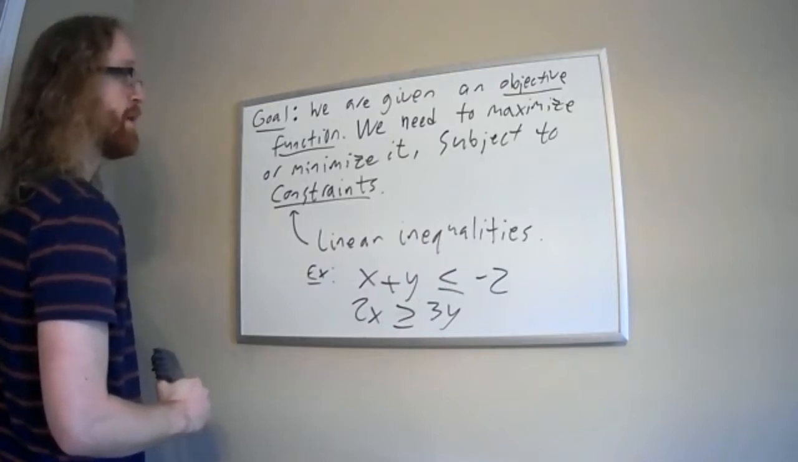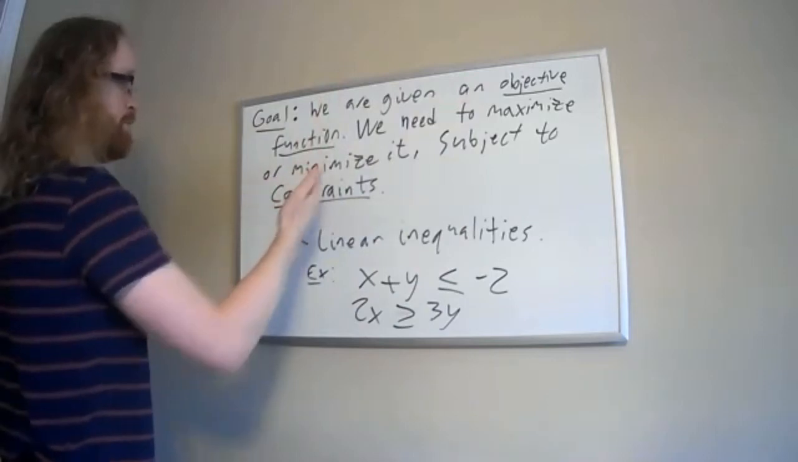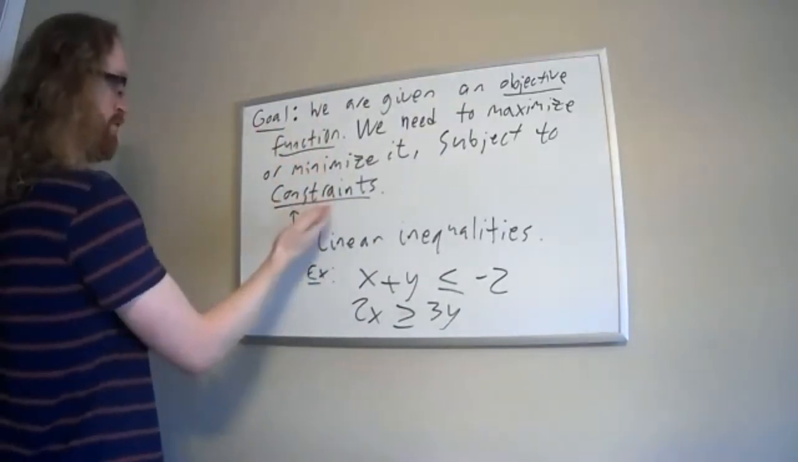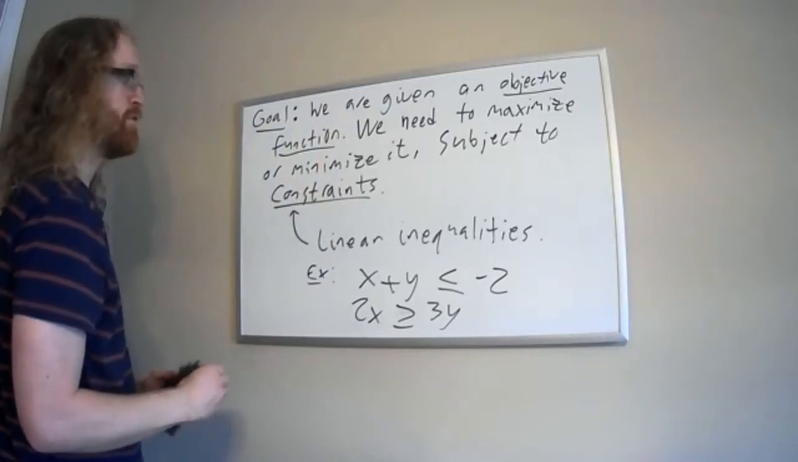So this is basically our goal here. I'm going to give you some objective function. I'm going to ask for either the maximum or the minimum, and it's going to be subject to some constraints. The constraints come into the real world example, like if we go back to this idea of selling cars or something,